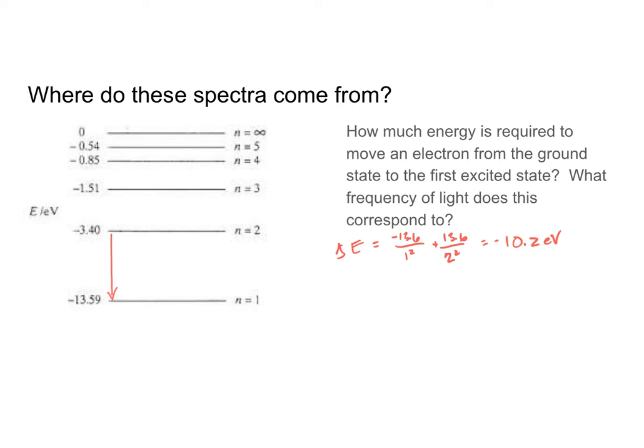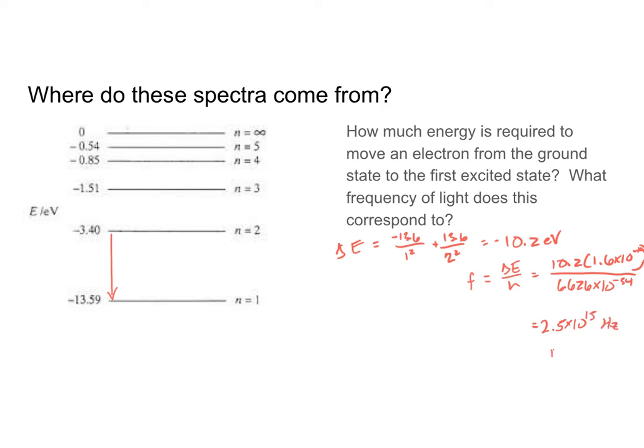And that corresponds to a photon with a frequency of delta E over h, or 10.2 times 1.6 times 10 to the negative 19th, divided by 6.626 times 10 to the negative 34th, which is 2.5 times 10 to the positive 15th hertz,